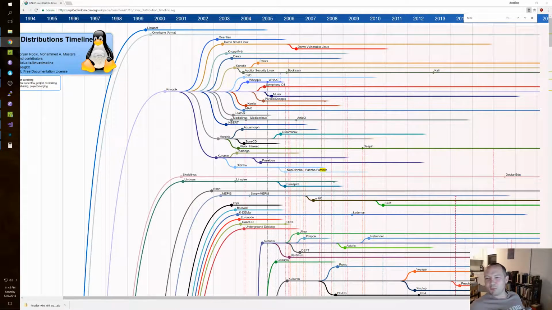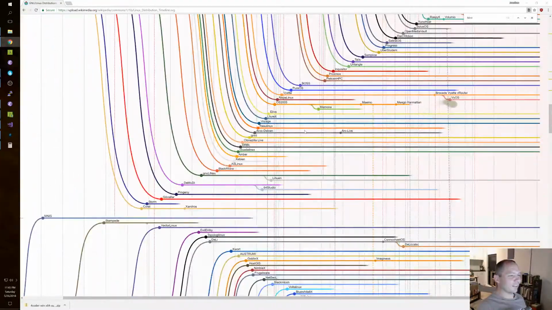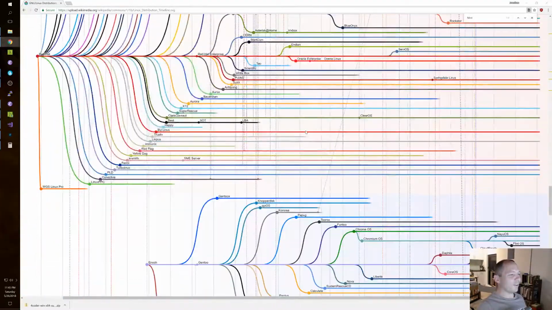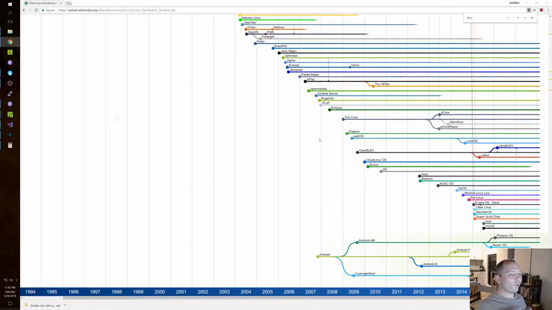Make a cron job to restart the window manager every 10 minutes. Yeah, it doesn't matter that you're typing something right now. Let's restart the window manager. Like, seriously, look at all this. I wonder how many distros there actually are.